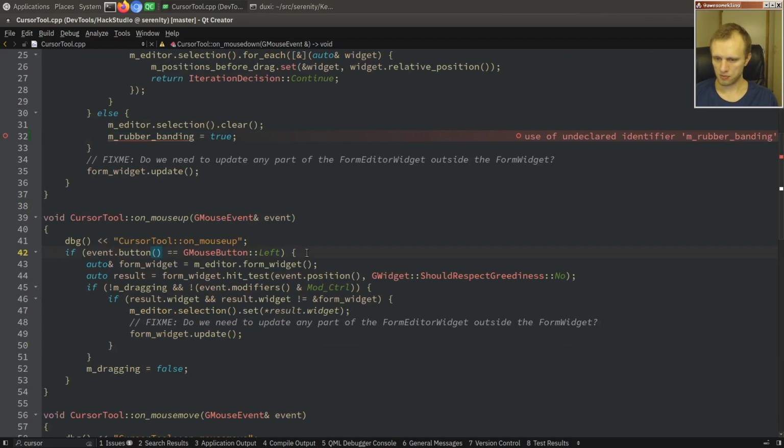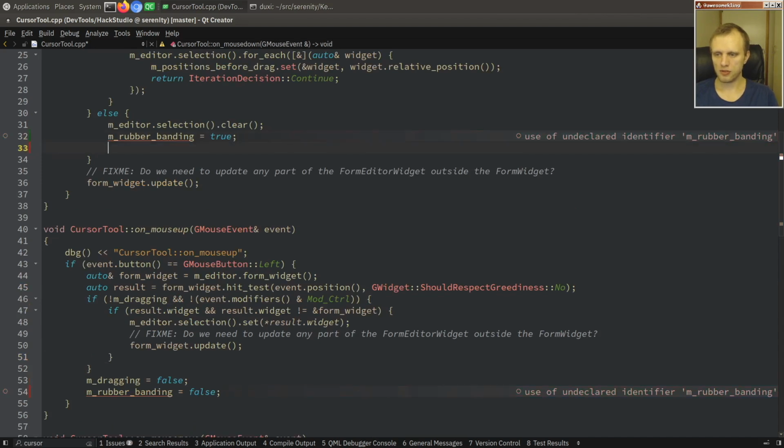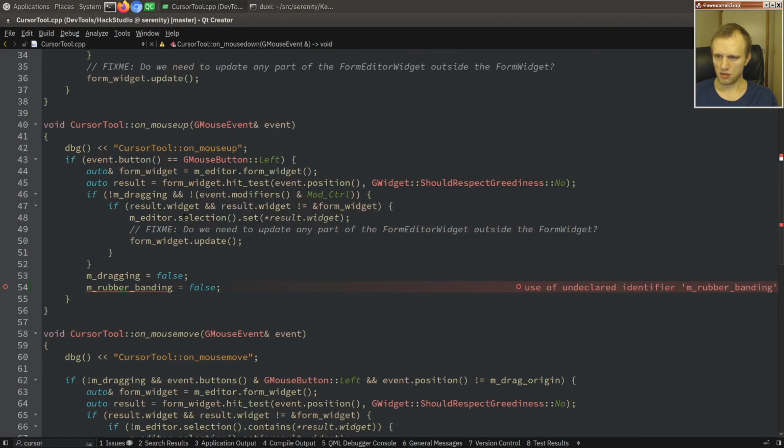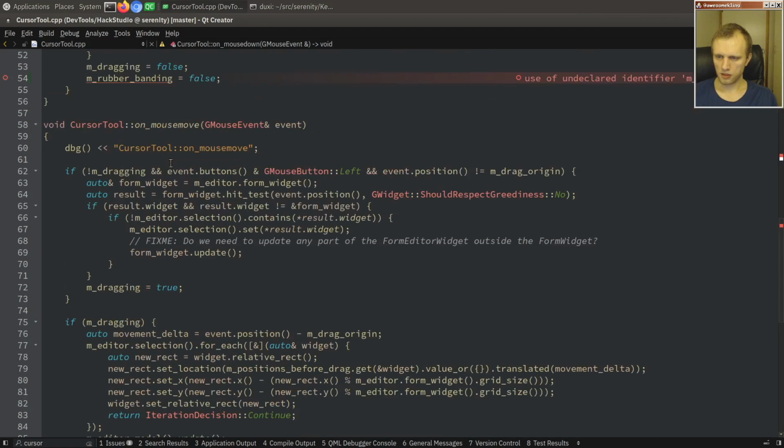And in mouse up, if we are mousing up the left button, and I guess we'll also store the rubber band origin. It's wherever you are clicking down, I guess. And then if we are mouse moving,